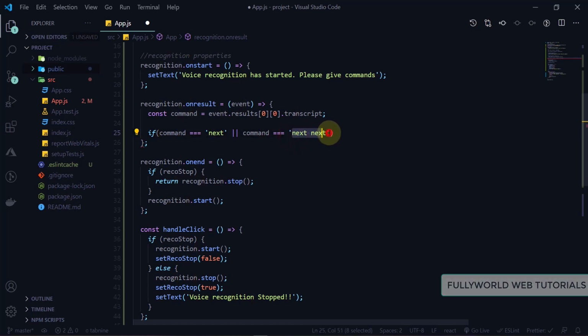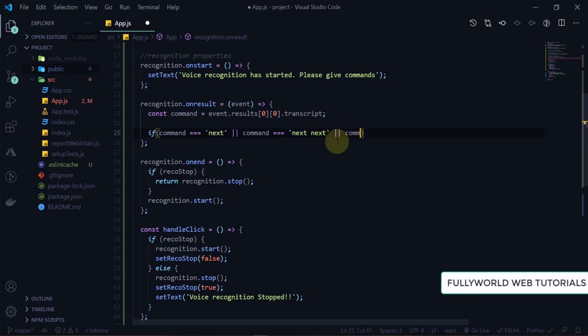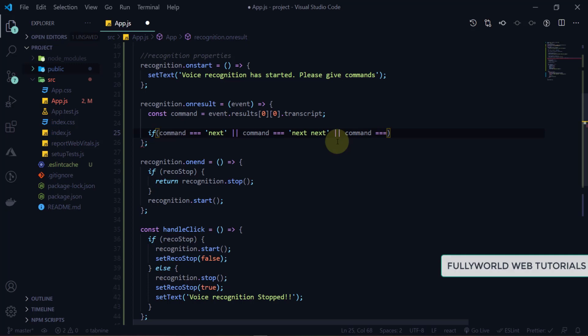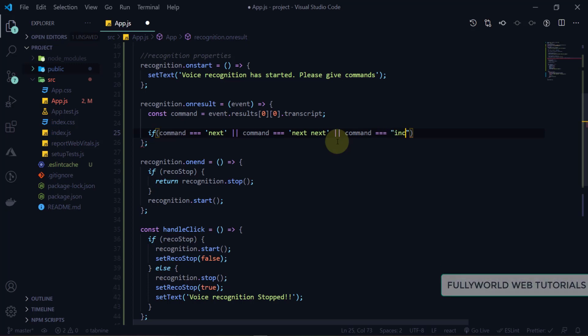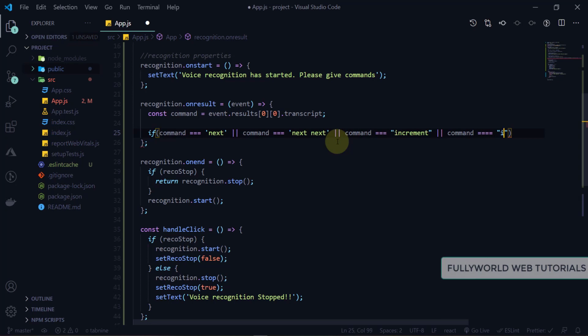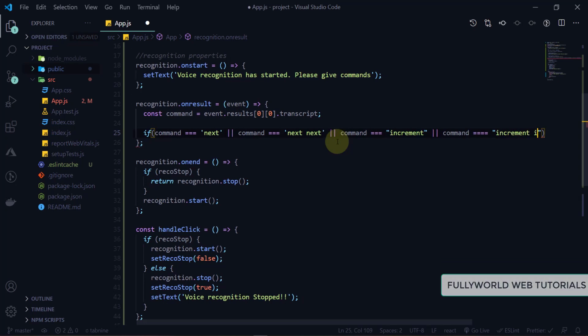So that's why now, or if command is equals to increment, or command is equals to increment space increment.